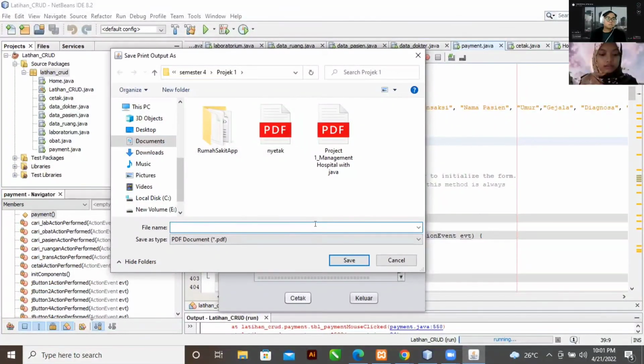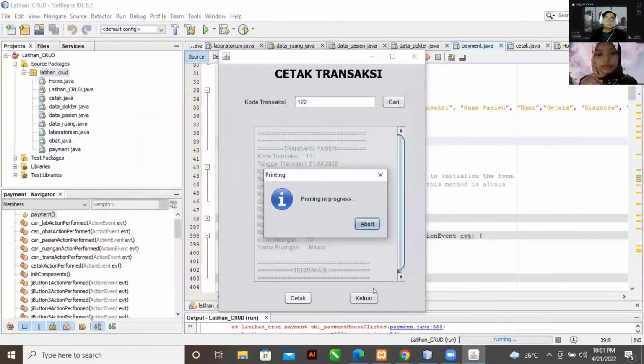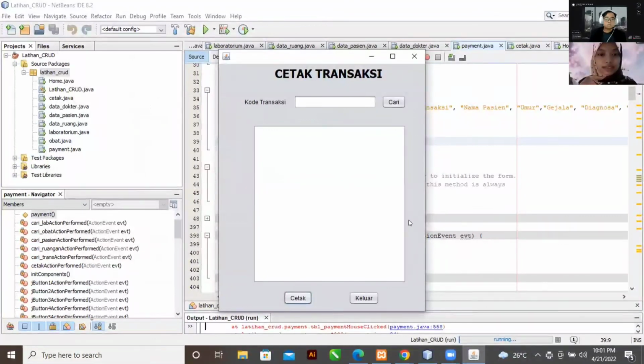I will name it as, I will say. So the PDF data for the transaction is just saved in your library.